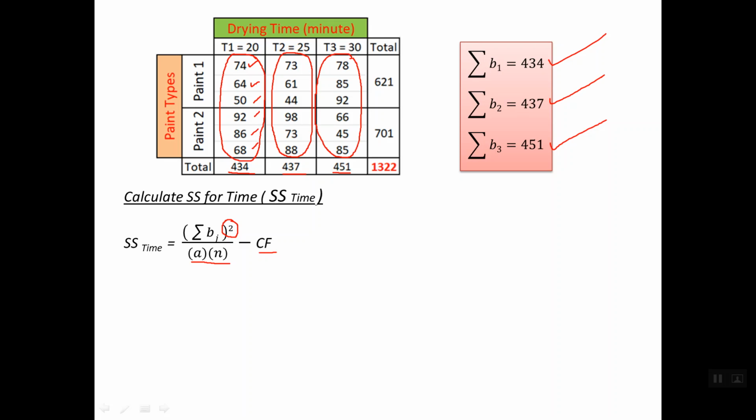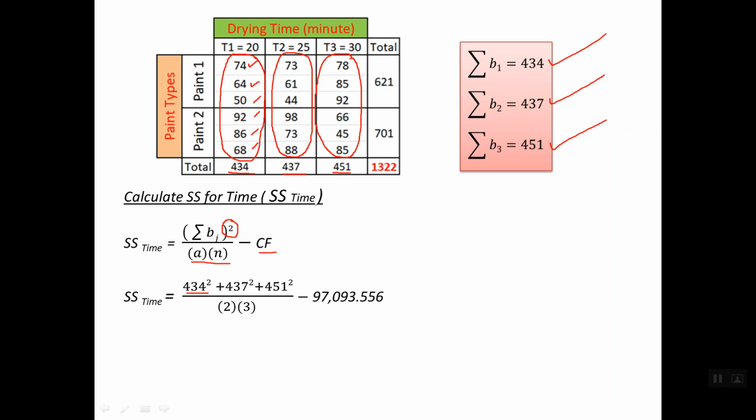How do we get this value 6? Simply we multiply 3 by the number of levels for the first factor, which is A. So if you proceed and substitute these values, you will get the SS time. This is the value for the summation of B1,